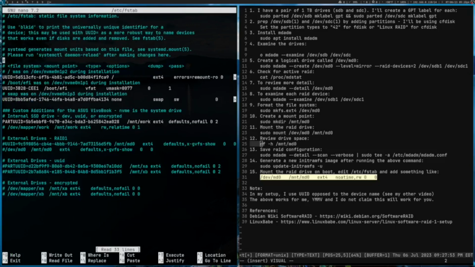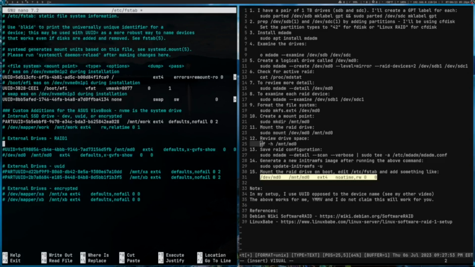I strongly suggest that you make a backup of the file, because if something happens, you fat finger it, whatever the case may be, if you don't have a backup, you're probably going to have a hard time rebuilding things to get back into a live system. If at least you have a backup out there, like fstab.org,